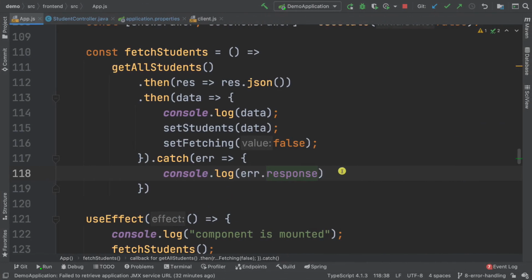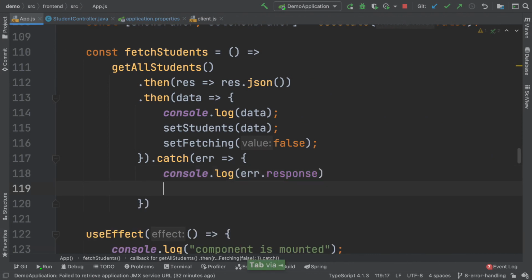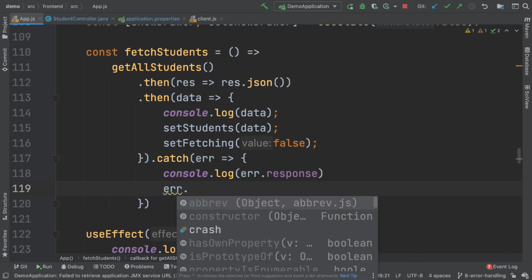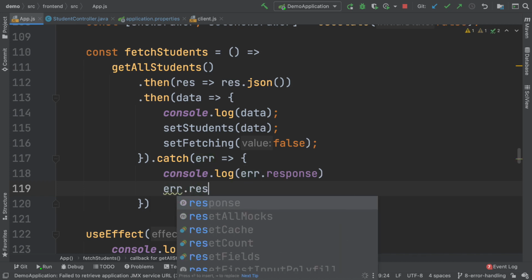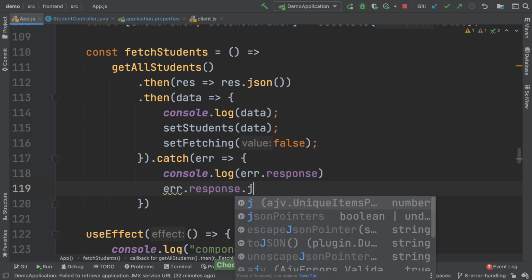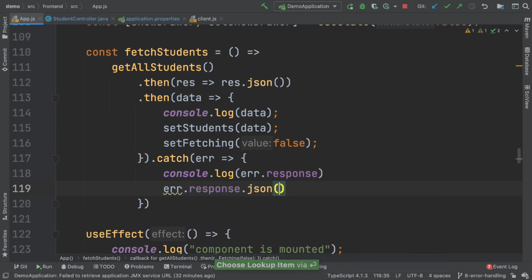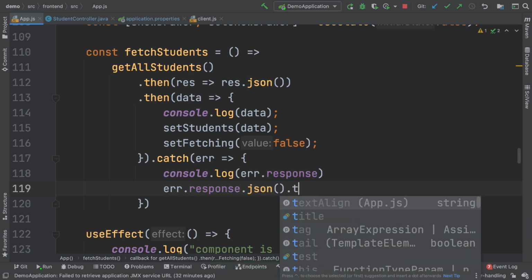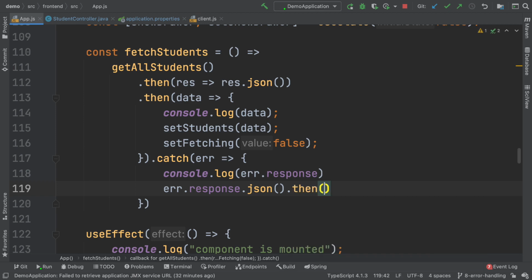So in here, what I'm going to do is say error dot response dot json and then dot then, so this is a promise, and here we have the